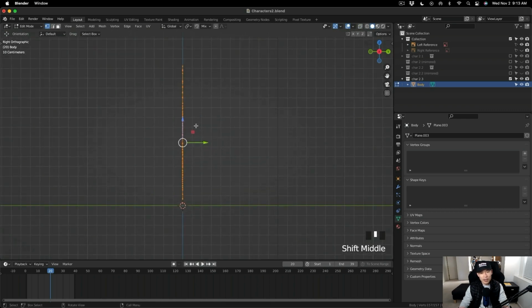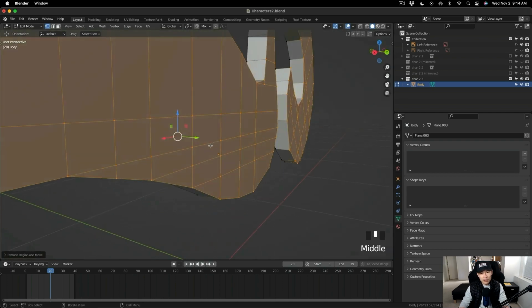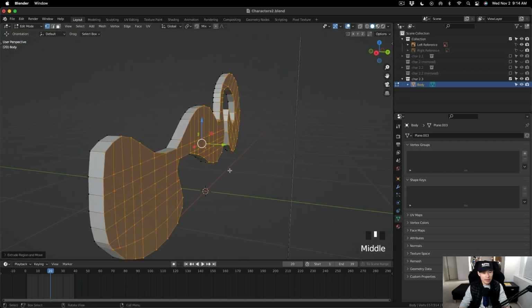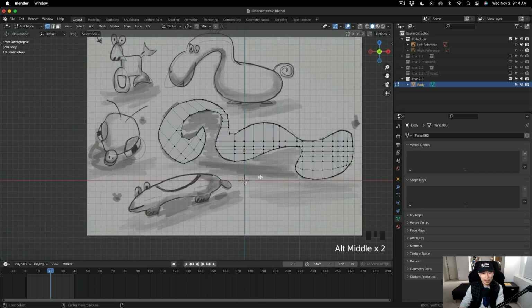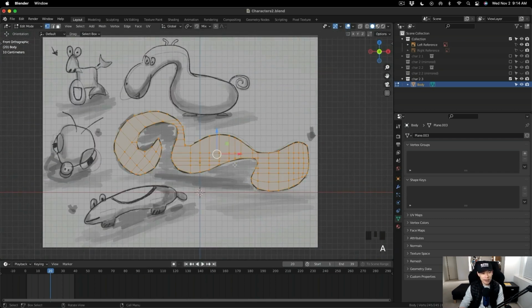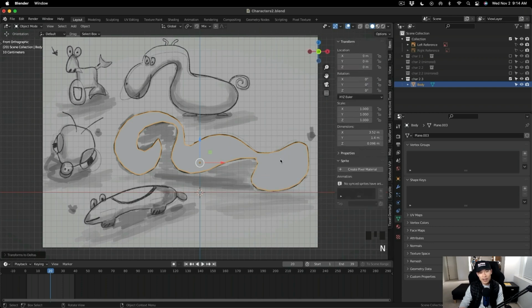You might be thinking, what the heck is he gonna do with this character? It's definitely super long. It's unusual and it's different from all my other characters because I normally have them facing left to right or right to left. This one's actually facing down, but I didn't want to move the reference around, or I already started blocking it out the way it is. So I might as well just do it this way and then rotate it to the side